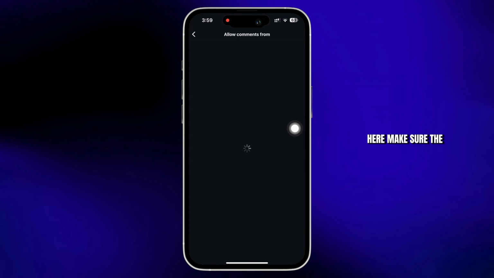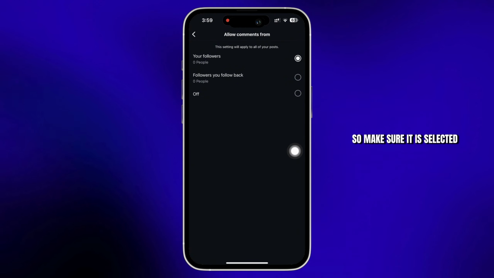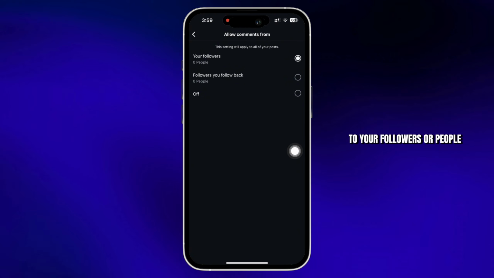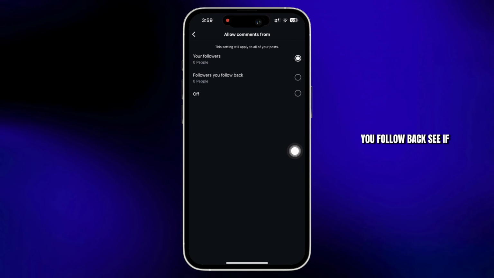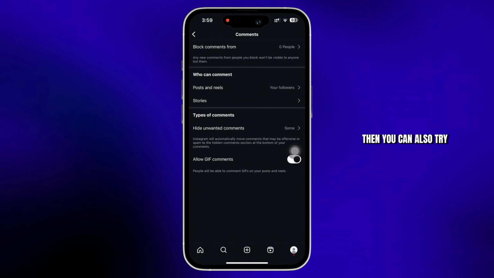Here, make sure the Off radio button is not selected, so make sure it is selected to your followers or people you follow back. See if the issue is fixed or not, and if not, then you can also try